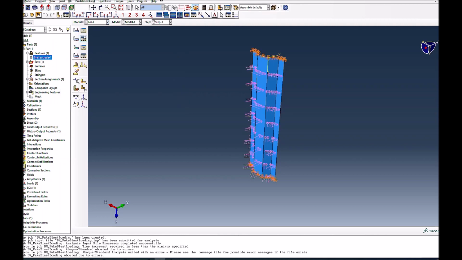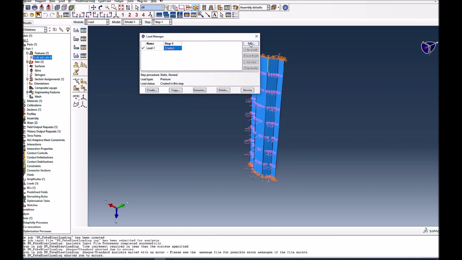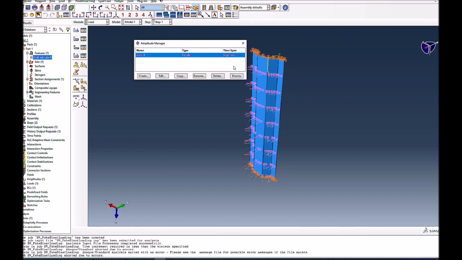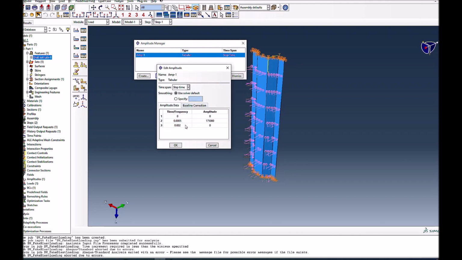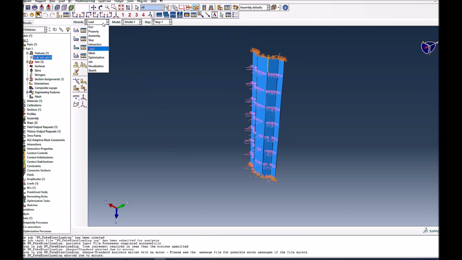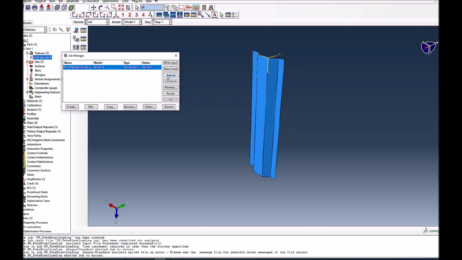So I would suggest let's go with the loading. I would go with the loading thing, and I might go with the amplitude, because in the amplitude I have the actual value of the loading. So I will just use, let's say for the timing, just for demonstration purposes, a very small load, 175 Pascal or so. Now if I go back again, submit,